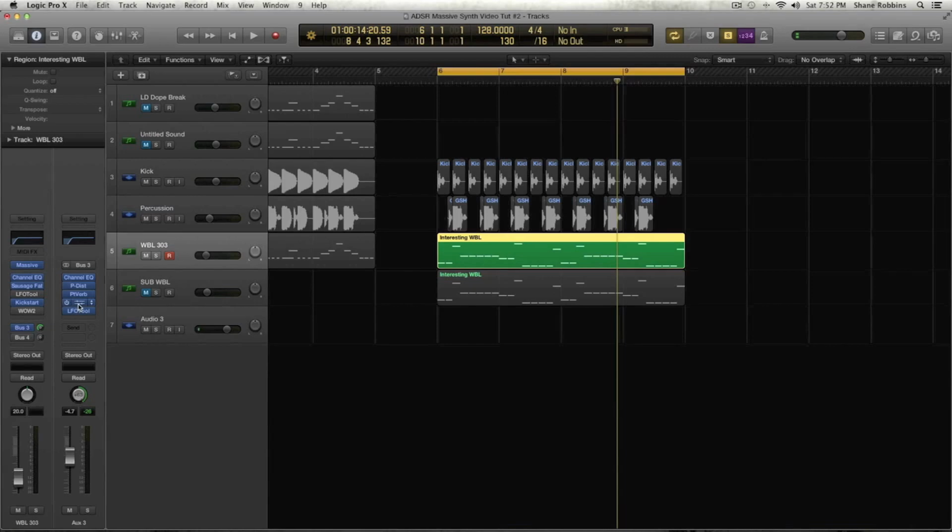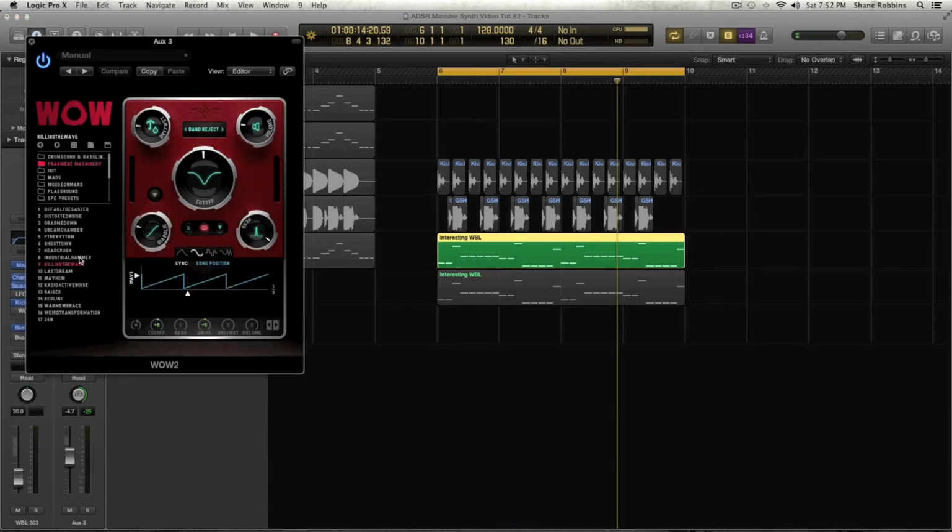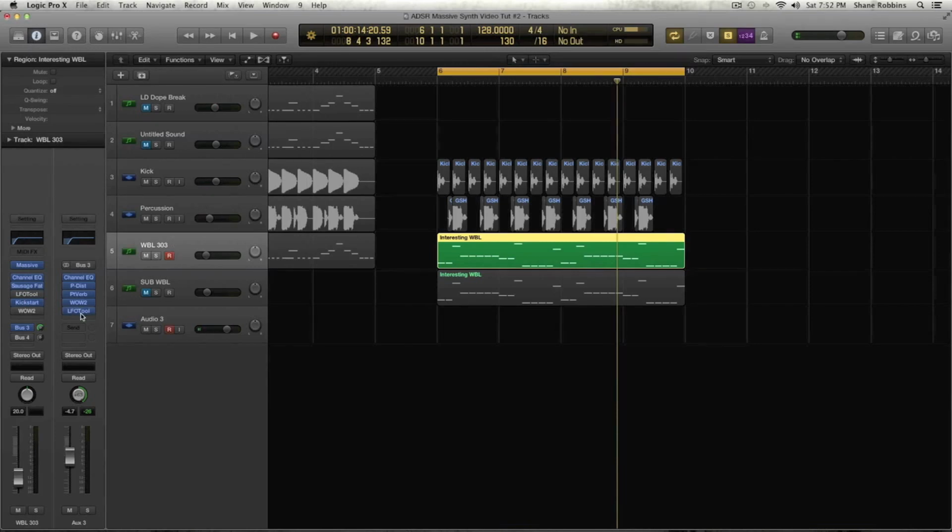And then I put a plugin called Wow 2, which is just a great filtering plugin, basically, that you can create tons of stuff with. You can create vowels, you can create rhythmic gated effects. There's a lot, but that's what's going on. And then I put the LFO tool on that